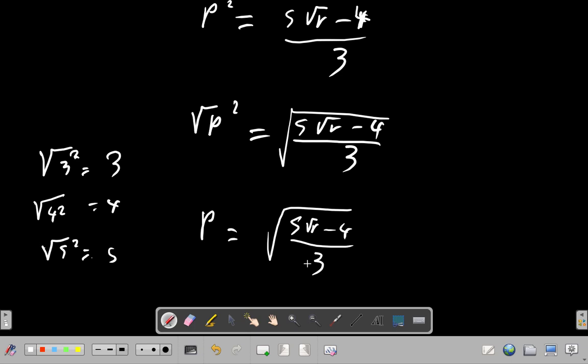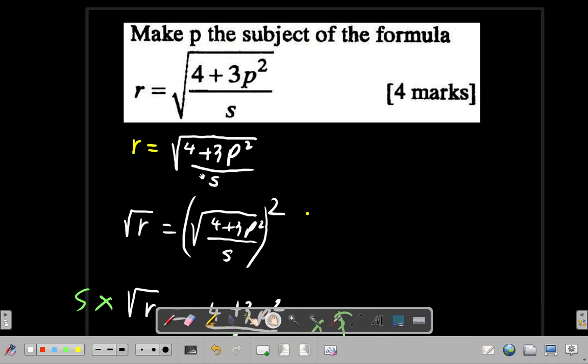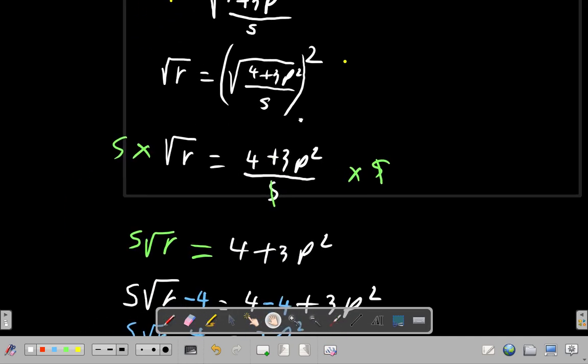Alright? So just to quickly review, you have p, the r is square root of 4 plus 3p squared. To get rid of what you have on the right hand side, the square root sign, you square it. But you must square the left hand side as well. When you square,